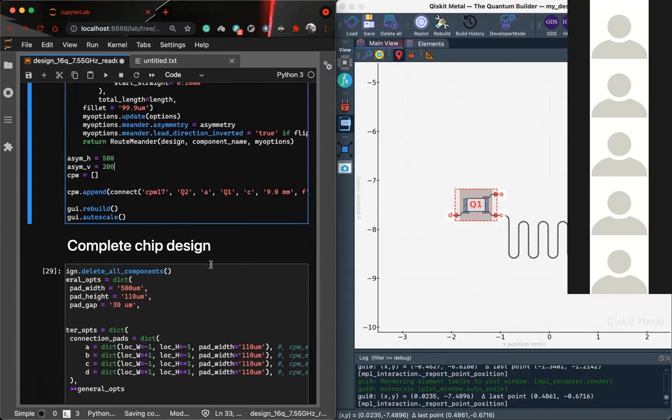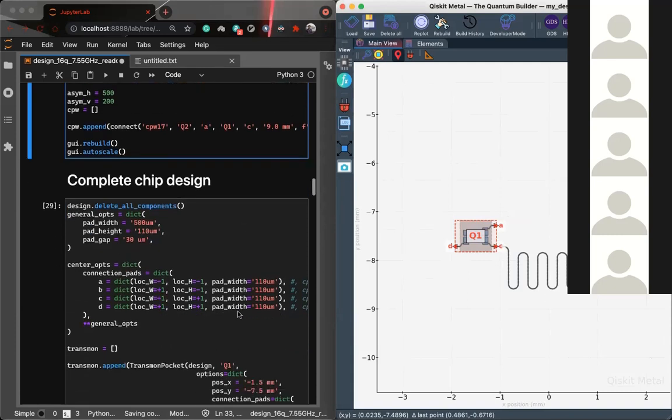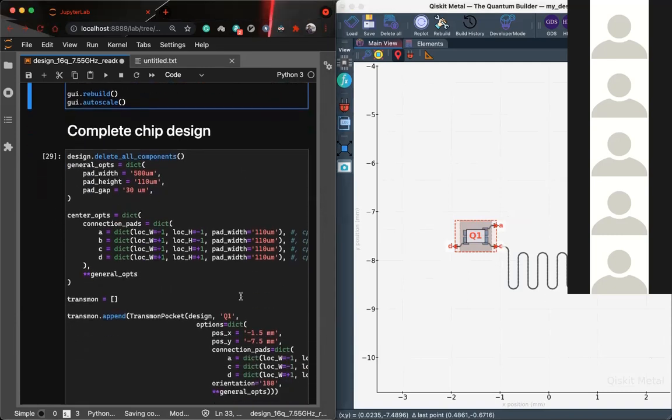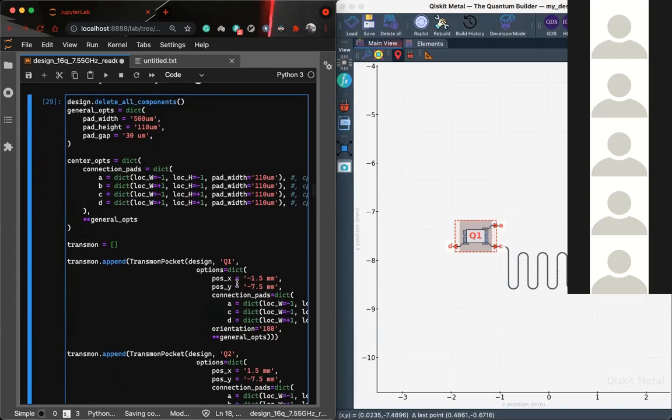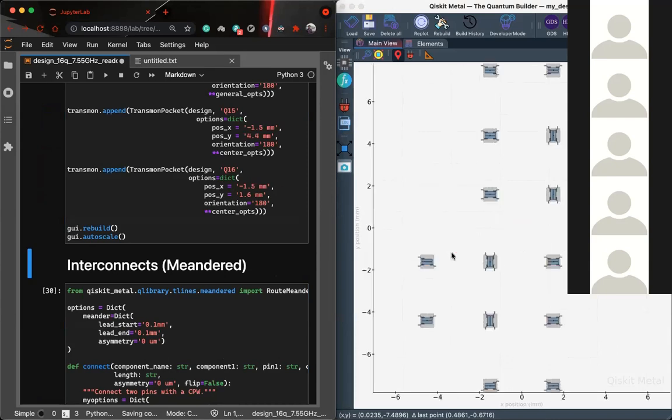Now, just to show how we can go towards a proper, complete chip design, I came up with a small example. This has 16 qubits. If I run this, you can see it has different qubits in different directions, and we can now connect these qubits.